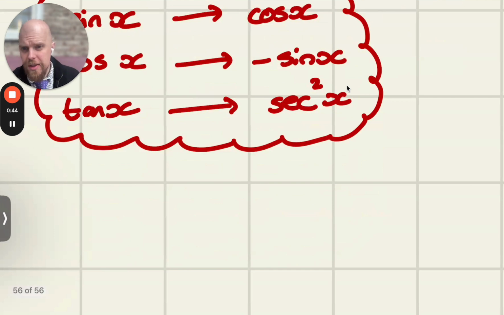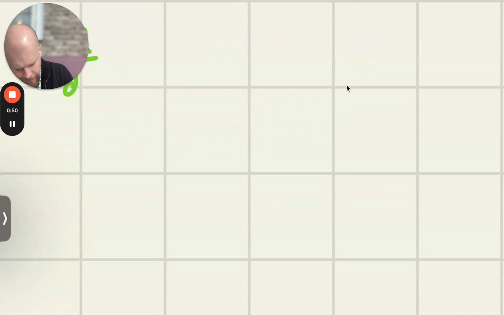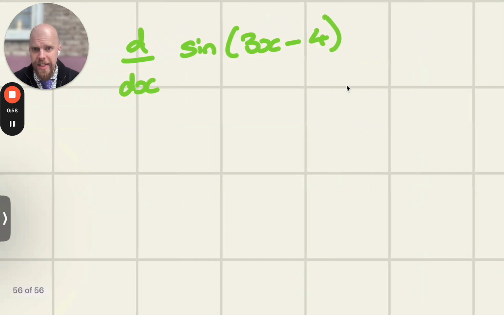We can use this with the chain rule, the product, and the quotient rule. So let's say that we wanted to differentiate sine of 3x minus 4. Now, we're going to be using the chain rule, and the reason is that it's a function of a function, right? The first function on the inside of the brackets is 3x minus 4, and the function on the outside is the sine. So if I think about the chain rule, I differentiate the outside, and then I differentiate the inside